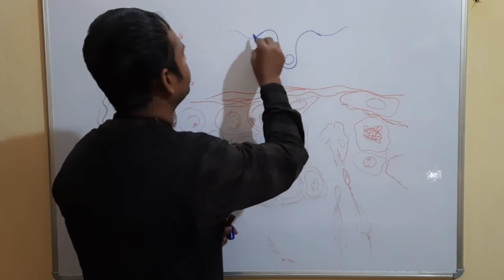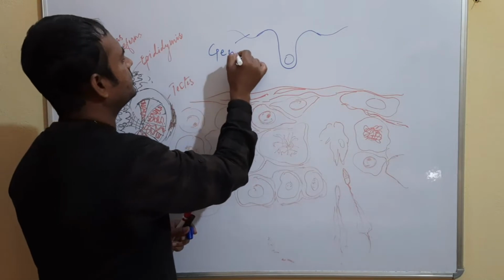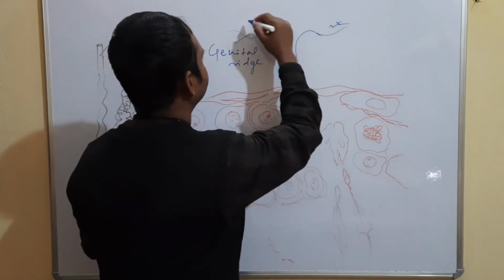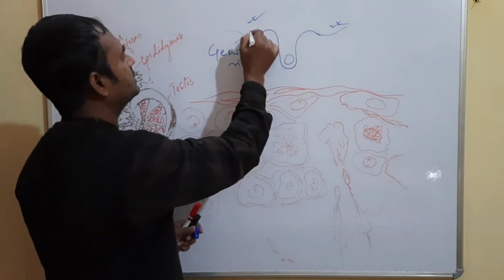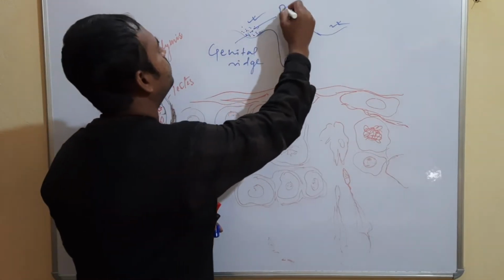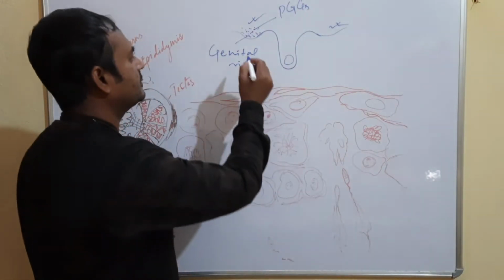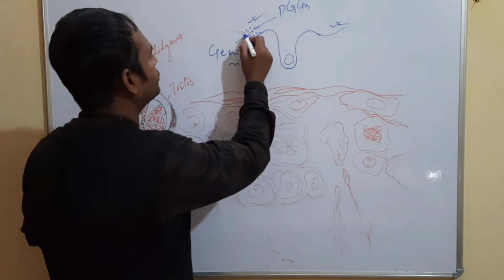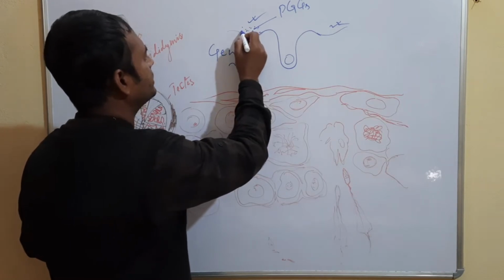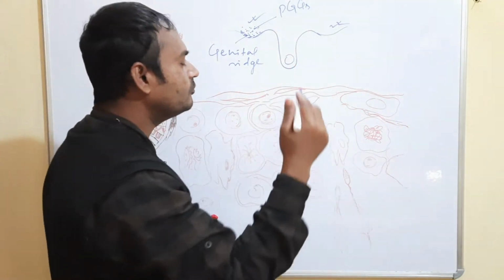Okay, we were looking, this is the genital ridge. In the previous lecture we have seen the genital ridge. This one is the genital ridge, and these are the progenital germ cells. What happens? They get entangled into the cord cells. Okay, and this cord sex cell, during the course of development, will hollow out.